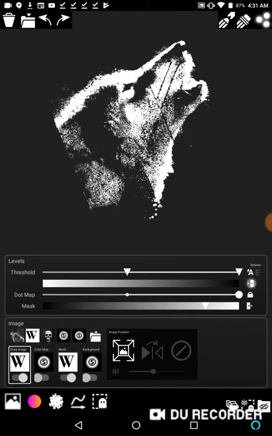I'm going to flip on my levels palette. I'm going to hit the invert button on this invert button. So now the black is on the right hand side. And now I can draw